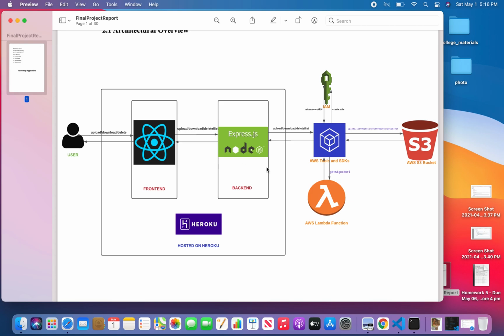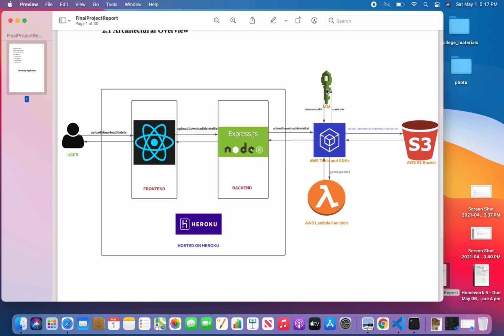After receiving the front end request, the backend application will call the AWS SDK to proceed further. Now the AWS SDK is a development tool. This development tool is provided by AWS itself. It is used because of its simplicity. It provides certain libraries that make it much easier to contact the S3 bucket.